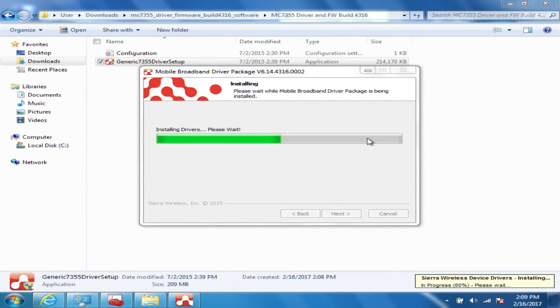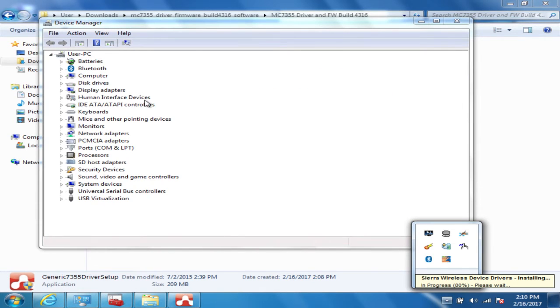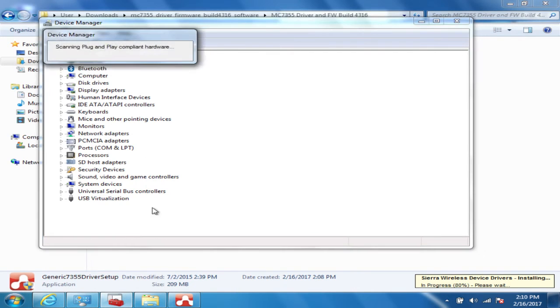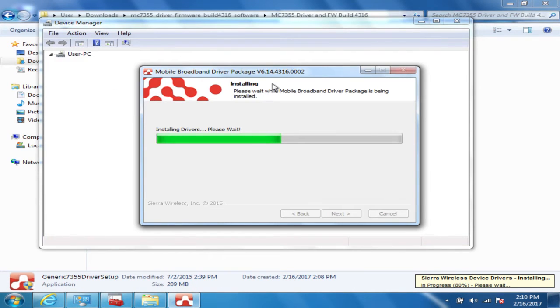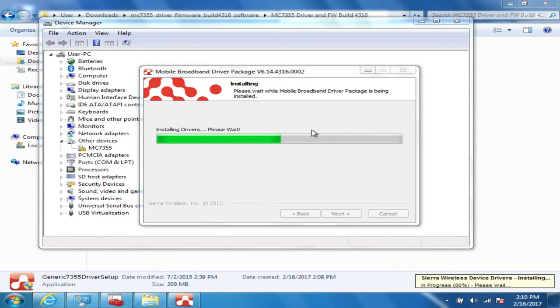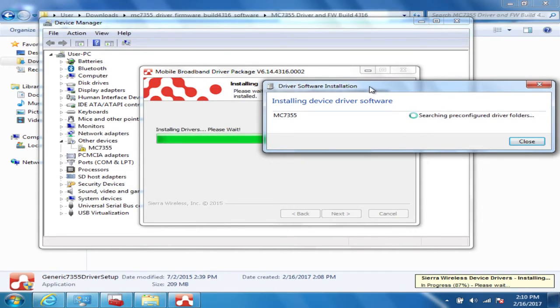It just takes a minute for it to install. Part of the way through the install, it'll pop up and show that it's installing the software.